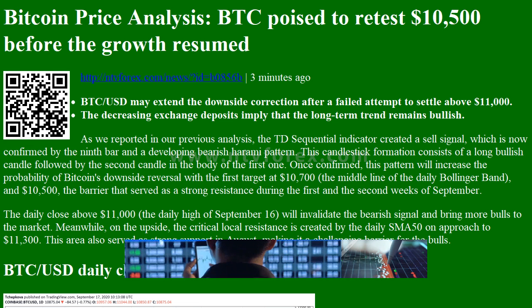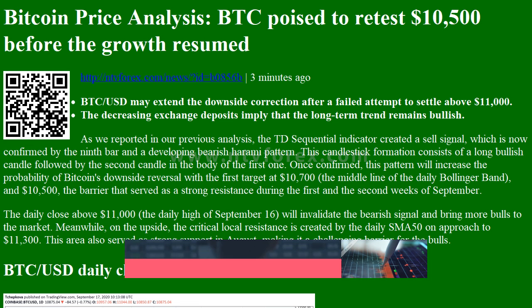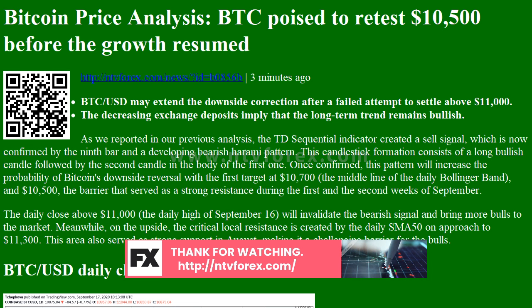As we reported in our previous analysis, the TD Sequential indicator created a sell signal, which is now confirmed by the 9th bar and a developing bearish Harami pattern. This candlestick formation consists of a long bullish candle followed by a second candle within the body of the first one. Once confirmed, this pattern will increase the probability of Bitcoin's downside reversal, with the first target at $10,700, the